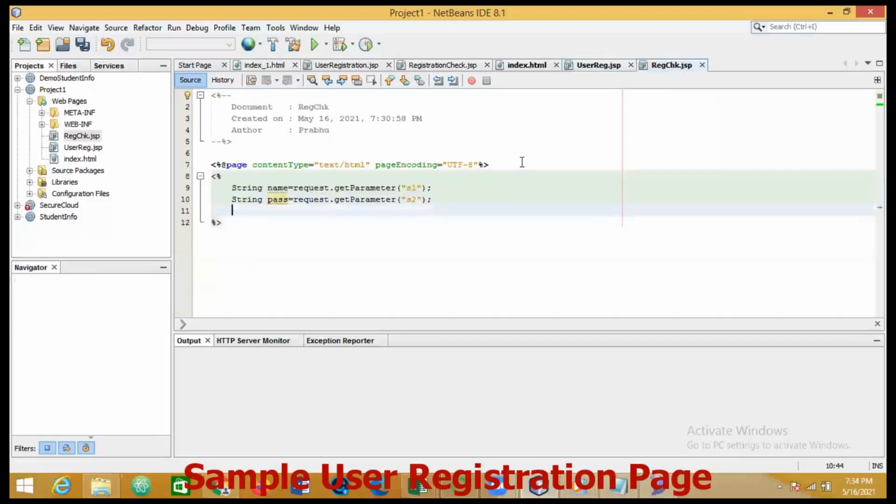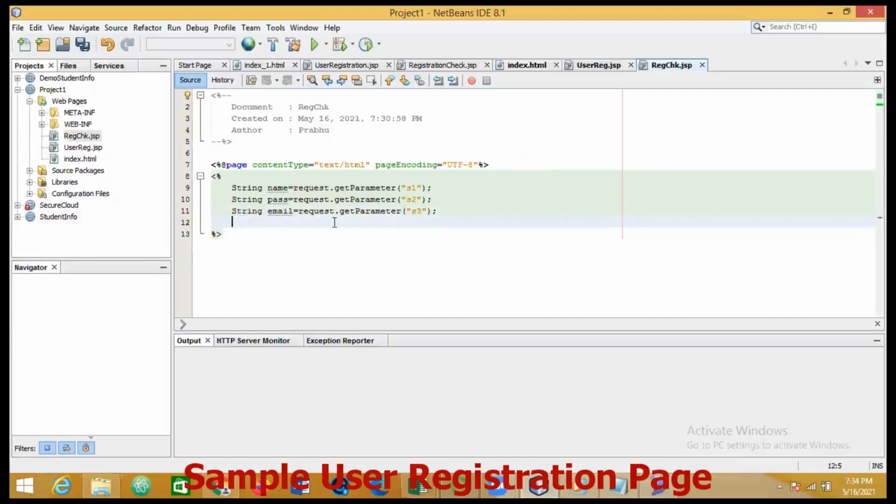Next one is email string, email equal to request dot getParameter of S3. Okay. So all the values I just bring it.